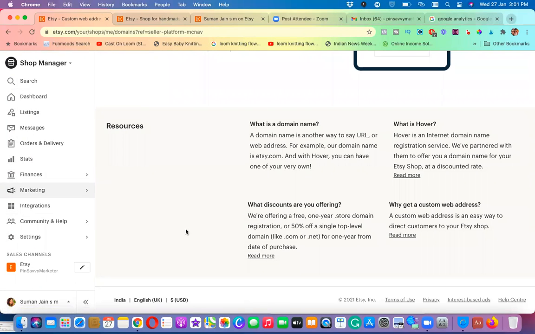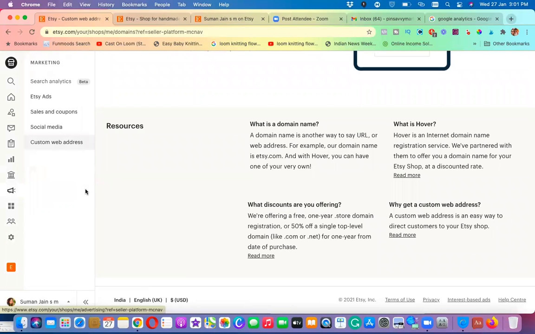If someone is adding to their cart but not buying it, it means it is an abandoned cart. So you have to persuade them to buy it. You have to do all the things inside your control where you can have more sales. That way you will have some good sales, and it's an opportunity to get more sales. That's it, it's very simple. And every time, Etsy will share with you, if you want to send an email, you can send it. So Etsy will be sending all those things.